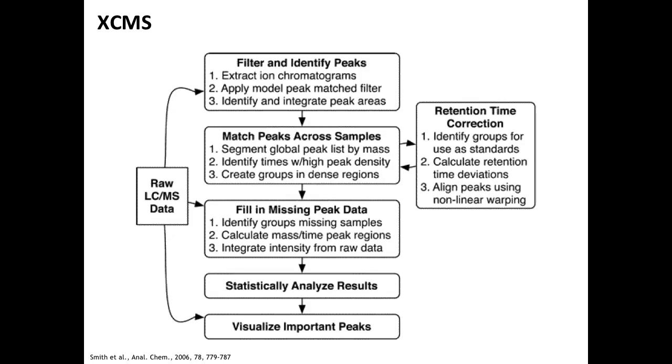That works reasonably well. There are a couple other things that are being used: filling in missing data, matching across samples, retention time correction. You see they do it in a slightly different way, a slightly different order than we do it. And since it's all embedded in R, it is very convenient to also do the statistical analysis in R, whereas in OpenMS, you either embed your R code into KNIME, or at some point you just export it into R and go from there.